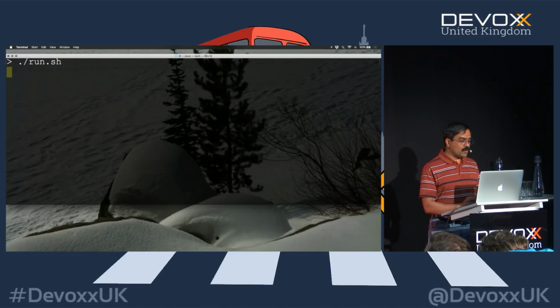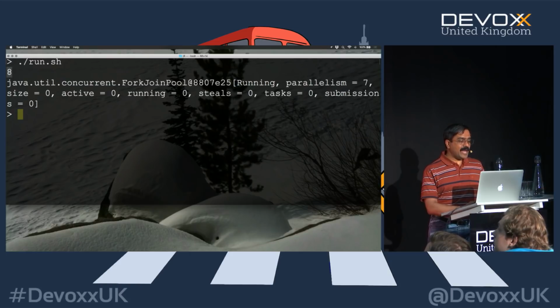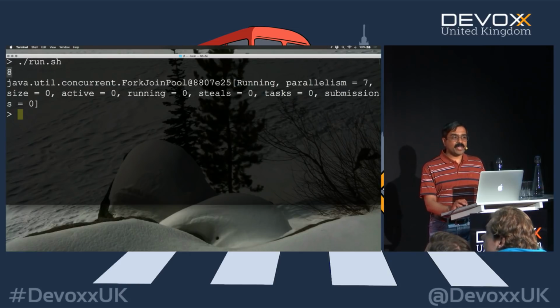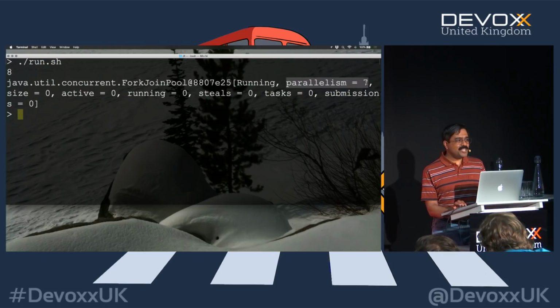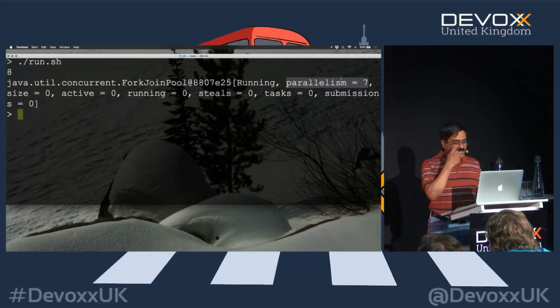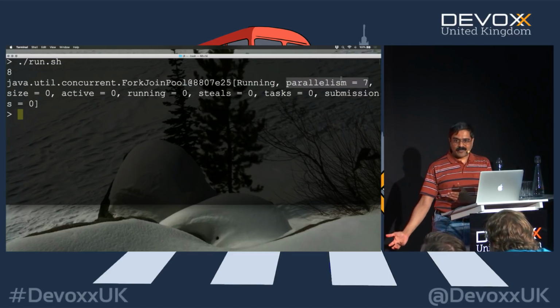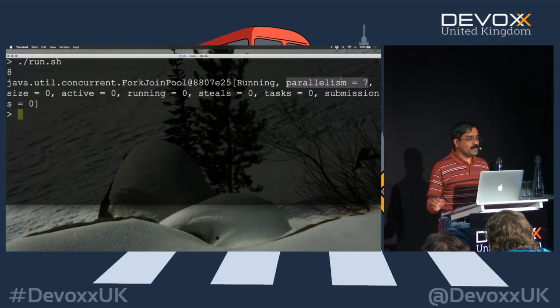So when I run this code now, it tells me I have 8 cores on this machine, which is a lie, by the way, but we'll go with it. So it says I have 8 cores on this machine, but it says parallelism is 7. Do you feel cheated by 1? No, it's not, because this actually has an external member, and you know which one that is. It's the main that is so busy with 7. So the point really is that main is also part of this pool. It's the external member. They've been very careful about it, if you noticed.